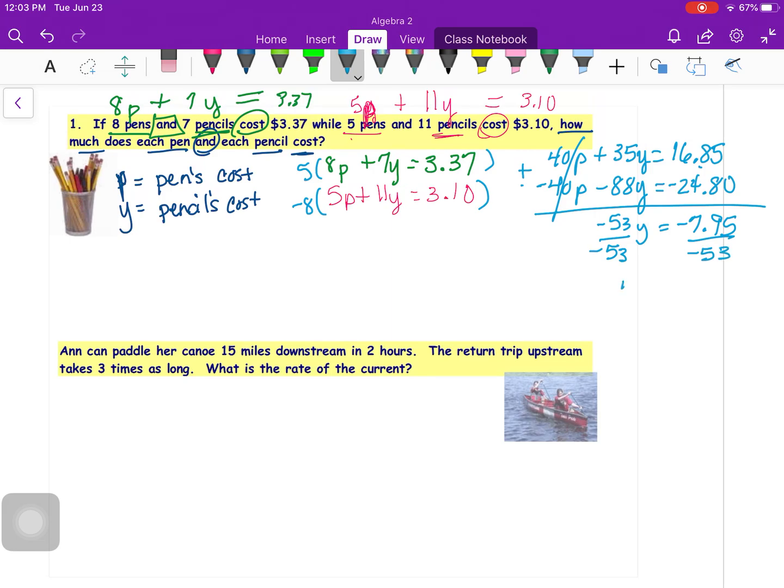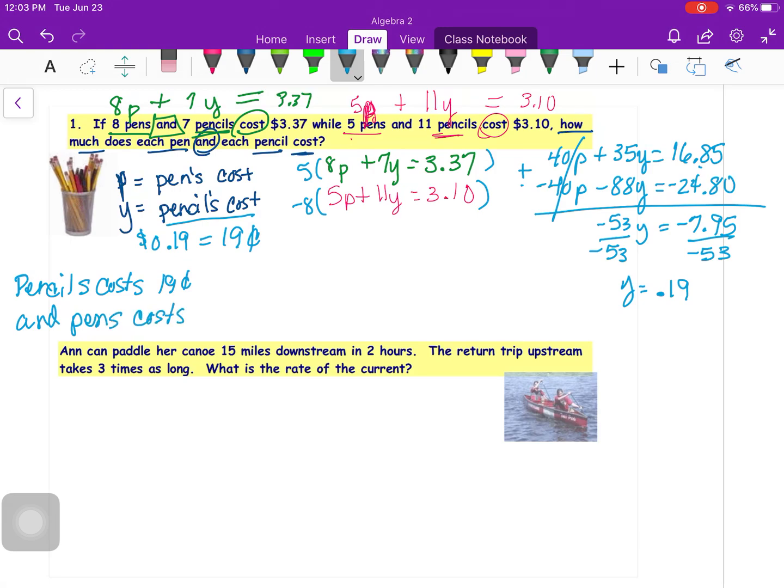Divide by negative 53, and I get y equals 0.19. Y is the pencil's cost, so that would be $0.19, or we could say 19 cents. So I'm going to jot that down. The pencil cost $0.19. And the pen's cost,